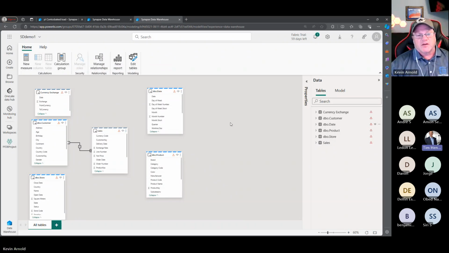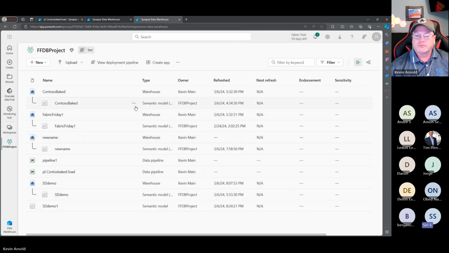Siri has a question. Can we export the semantic model once created in? So I'm going to ask you to kind of help define export a little bit. Yeah. Well, sometimes I have, for archiving purposes, and with the regular data flow or regular data sets, you have the option to do that as a JSON file or .pbix. So I'm curious if this can be exported to your local.